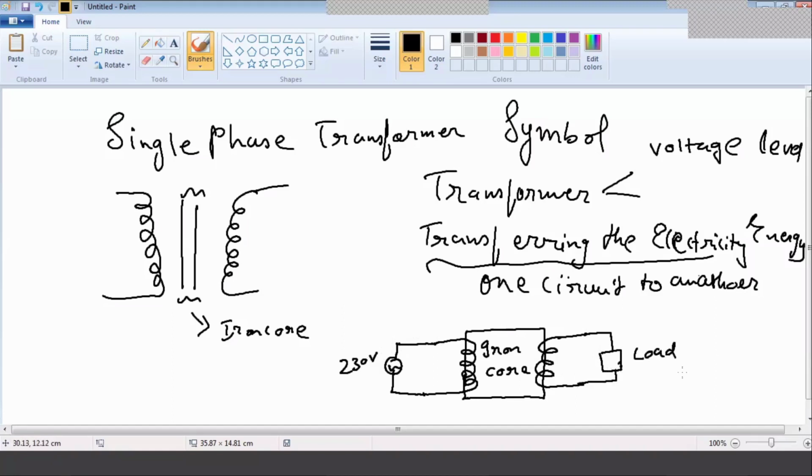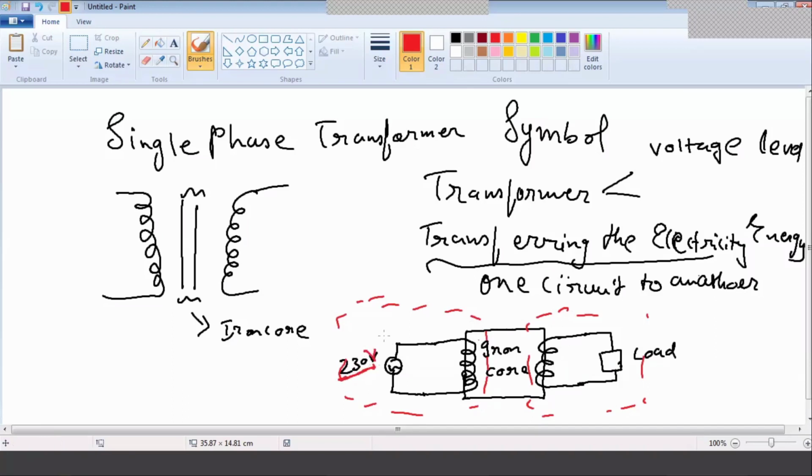Right? So these are two separate circuits, one at the input side and one at the output side. So the transformer is just transferring the input side electricity to the output, but it will change the voltage level that you provided in input. We provided 230, so you can change this voltage level.